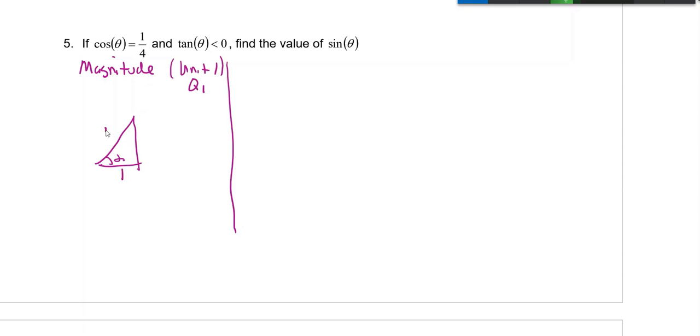Adjacent to alpha is 1. The hypotenuse across the horizontal is 4. This side we don't know. We compute it using the Pythagorean theorem. So y squared is equal to 15, so y is the square root of 15. This is root 15. Now we have all the numbers we need to generate the trig functions, the magnitudes thereof,